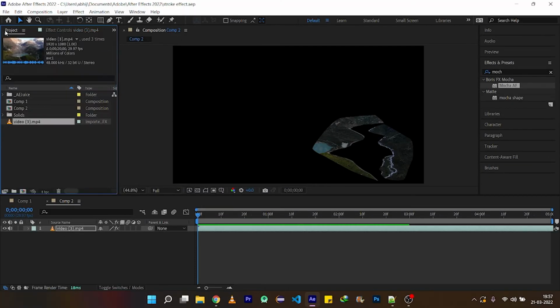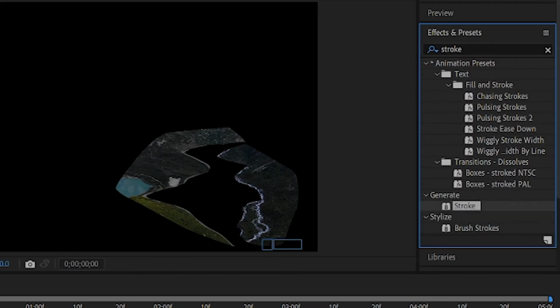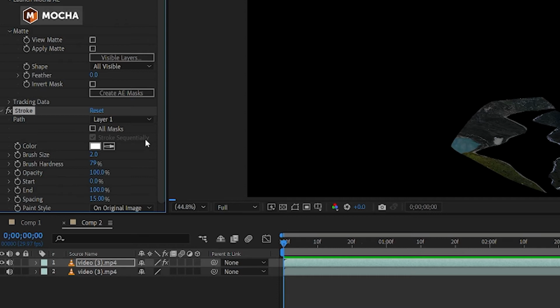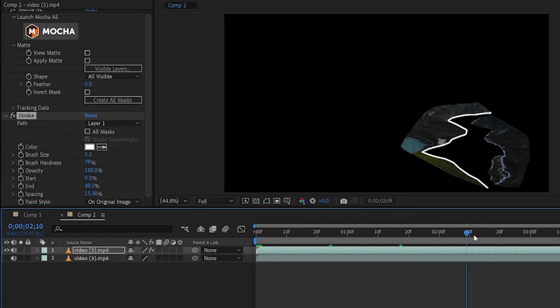Then duplicate or drag that original video just below this and hide it, and add the stroke effect to the mask. You can select the path here. I will go to layer 1, then increase the brush size, then check the value of the end and play with the value till you get only these portions, and set a keyframe at 4 seconds